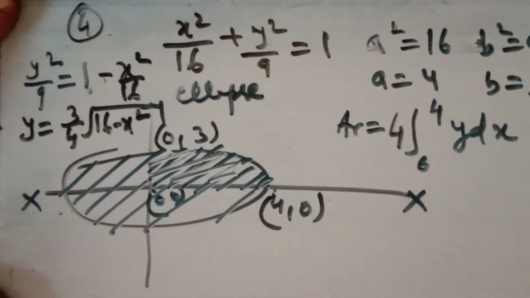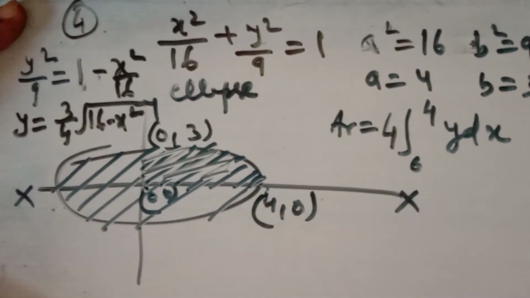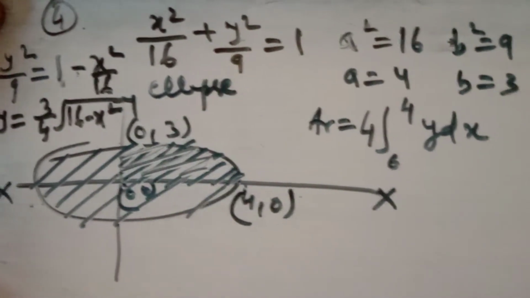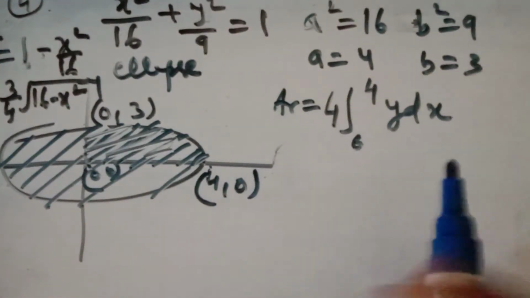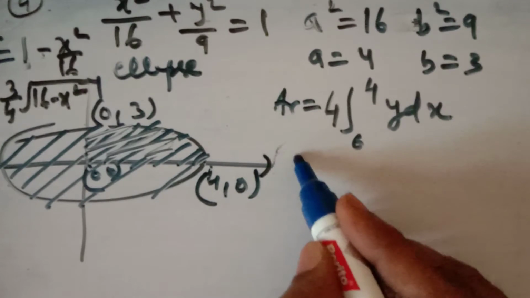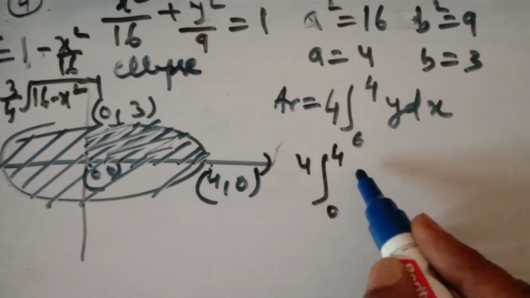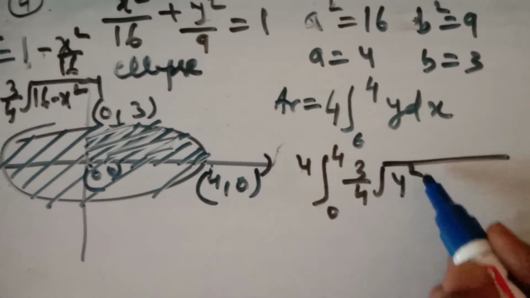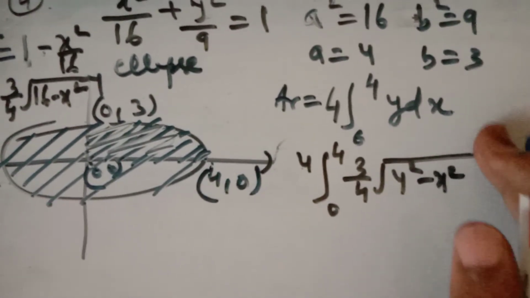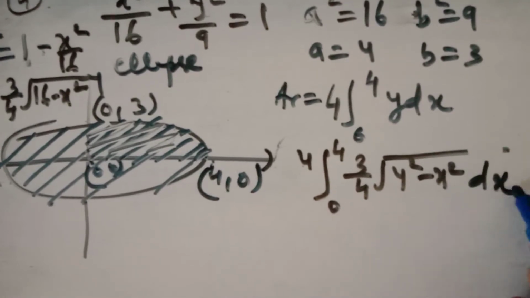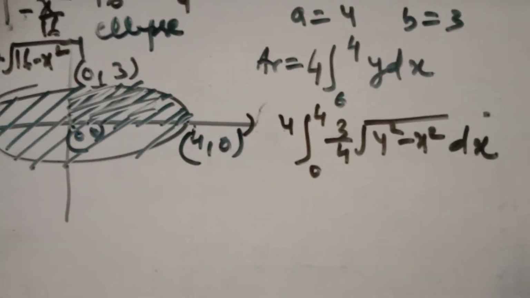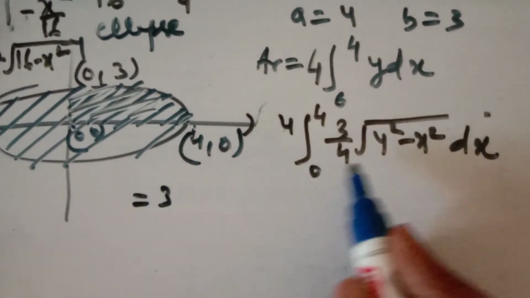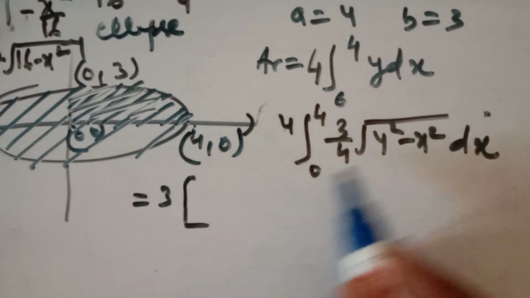You take your own time to find the value of this y, which will be 16 minus x square upon 16. When you take the square root, it will be 3 by 4. So you have to simply put the value of y here, which is 3 upon 4 under root 4 square minus x square with respect to x. You take your own time, do the calculation and do the integration. So 4 will be cancelled out, it will be 3, and it is a special integral of under root a